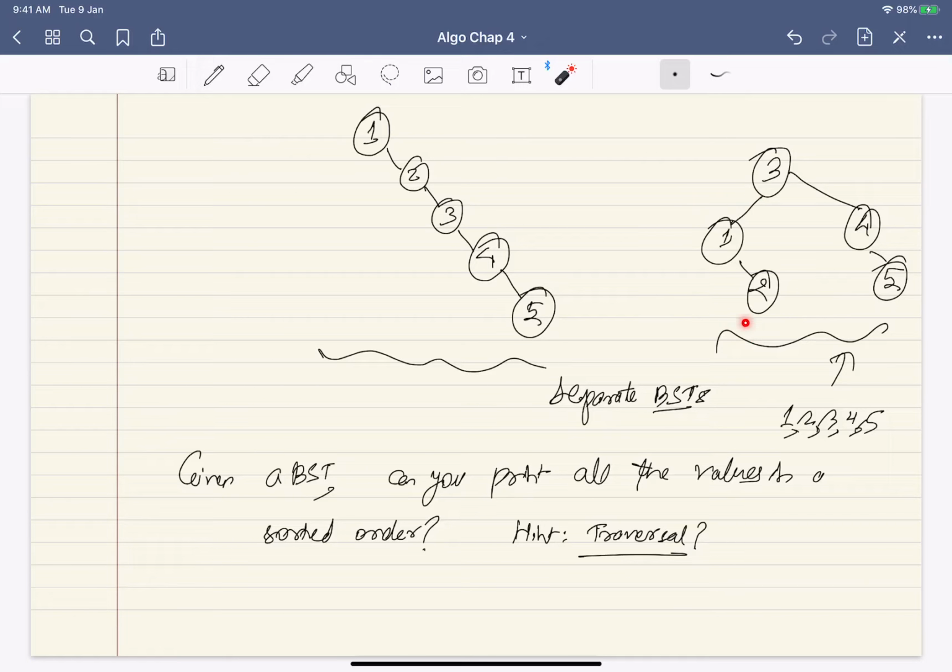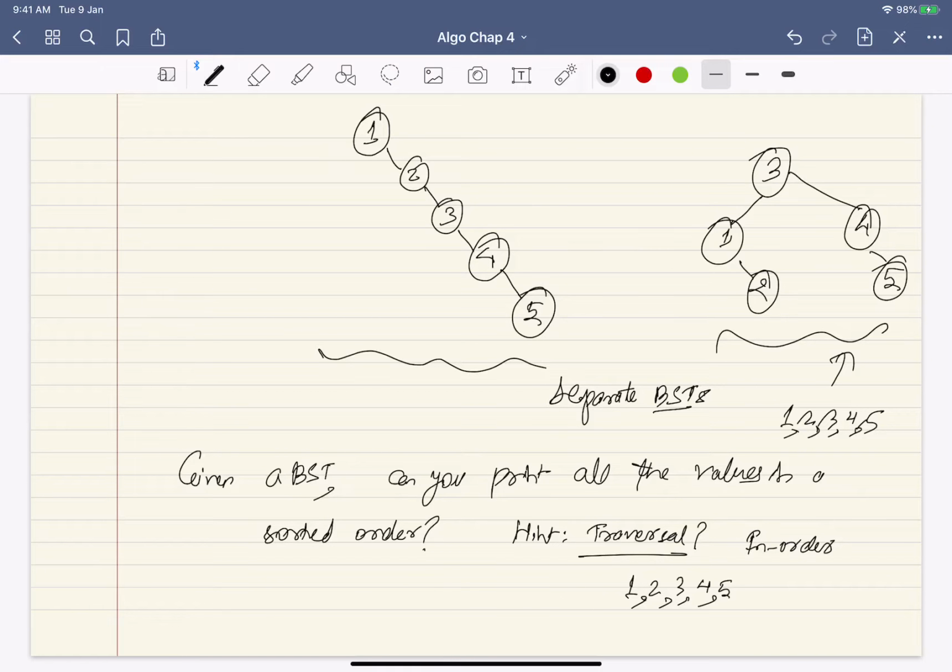In this subtree I go to left, root, right. Yes, 1, 2, then 3. In-order looks good because the left comes before the root, and the right comes after the root. That makes sense. In pre-order we would do 1, 2, 4, 5 and 3, which does not make sense. So I'll have to do an in-order traversal. If I do that, I'll be able to print them 1, 2, 3, 4, 5.